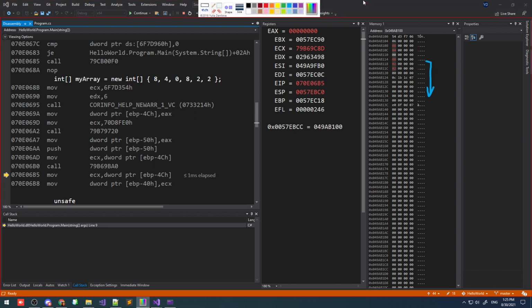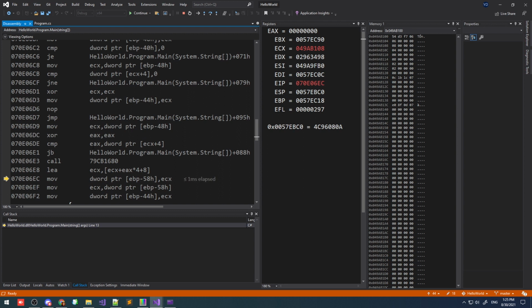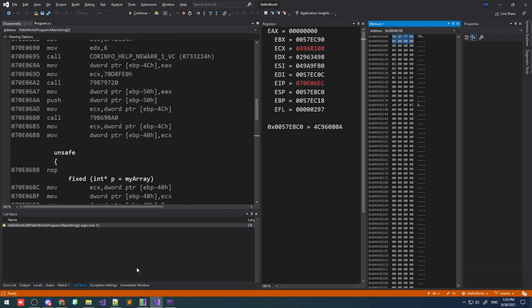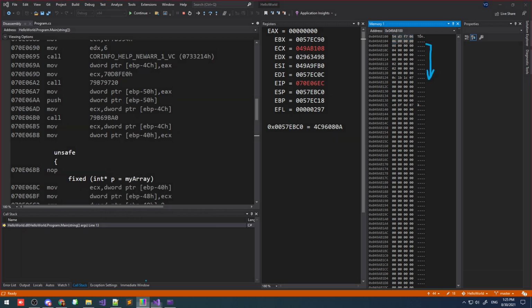If I continue to step through, I will get to this instruction, load effective address, EAX plus 8. Well, the plus 8 is just so we get past these 8 bytes right at the beginning of the array where the extra info is located. And this is where the pointer will point, the beginning of our data at this RAM memory address. I can even draw it to you.